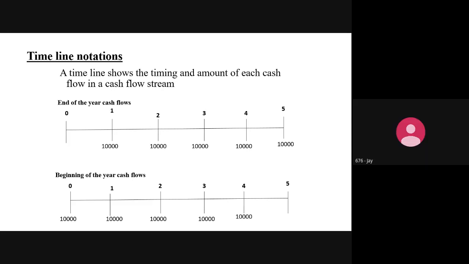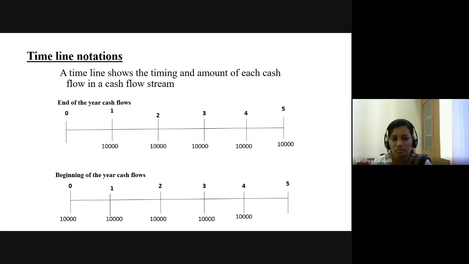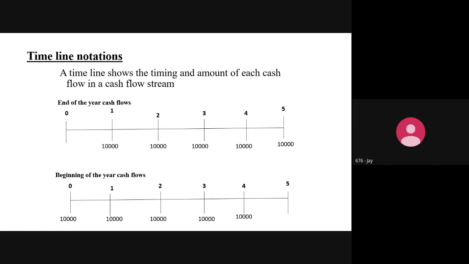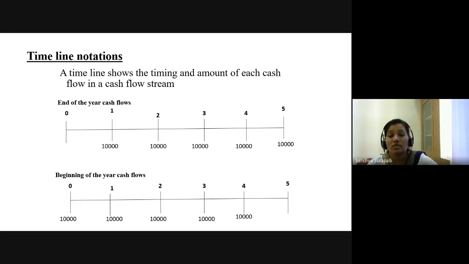Yes? So beginning of the year, we want to know what is the opening balance, and end of the year we want to know what is the closing balance. Okay, right. That is one more reason. And for our time value calculations, now suppose I am having a cash flow of 10,000 in the beginning of the year in zero time period. Zero means as on today. So what is its value? Present value for 10,000 that I received as on today? It will be 10,000 only. Today's value of 10,000 is 10,000 only.